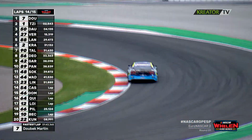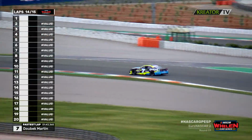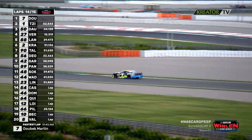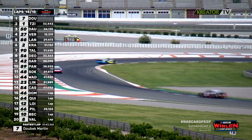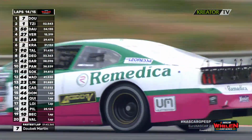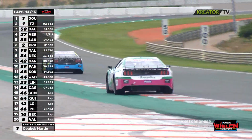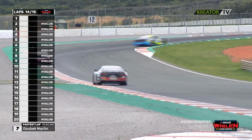But it looks as though the man who is heading towards victory lane is only half a lap away from doing so now, and that is Martin Dubeck. We saw the number 7 car go to victory lane earlier on in the EuroNASCAR Pro race in the hands of Loris Hazemans. Well, it looks as though his driver that he shares the car with, which is Martin Dubeck, is surely going to head towards victory lane in this one, which means that it will be a great start,